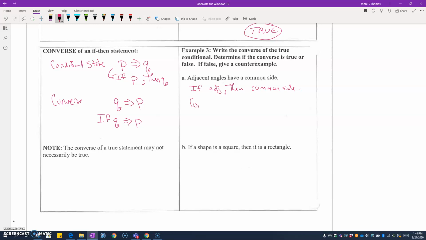So the converse would be if angles have a common side, then they are adjacent. And this is actually false,